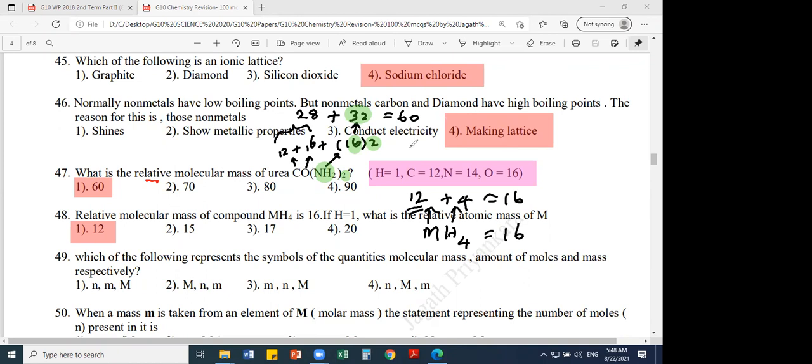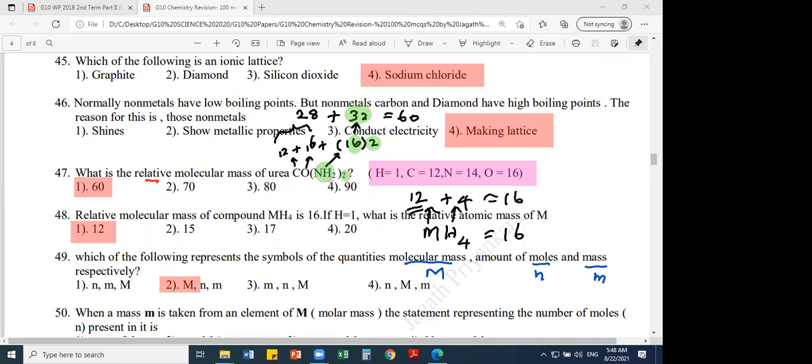Now, again, look at this. If you take molecular mass, it's capital M. Molar mass or molecular mass, relative molecular mass, capital M. Moles, you get simple n. And mass, you get simple m. Right? So you have to get it respectively. So then the answer is second. Yes, Sujivani, your answer is correct.